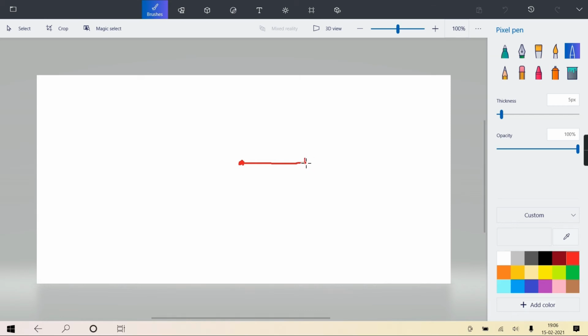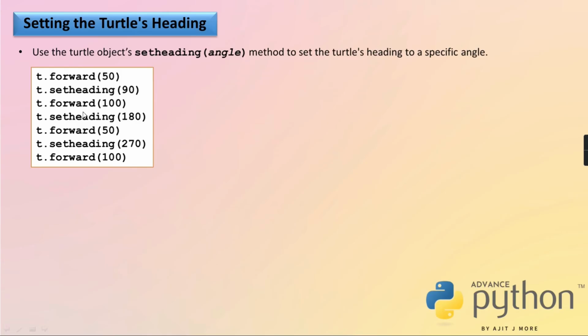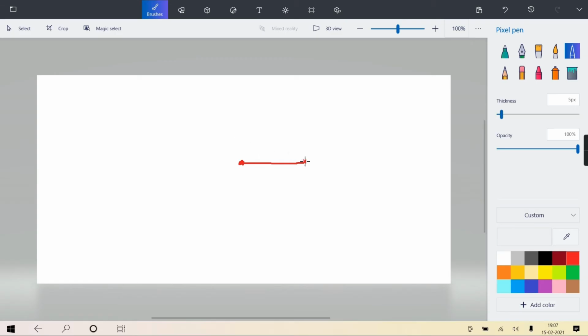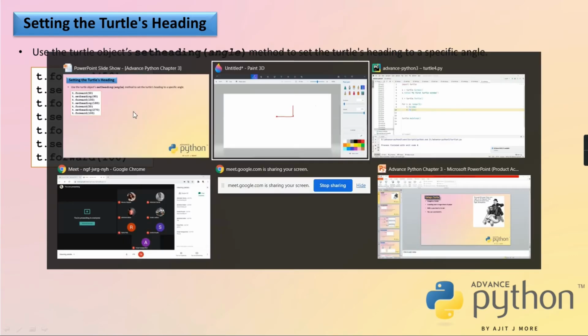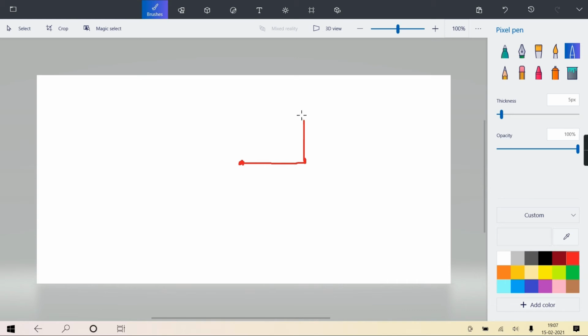Now the face is in this direction. And again I am saying forward 100. It will go 100. And now I am saying set heading 180. So again 180, which direction the face is doesn't matter, with respect to the origin.